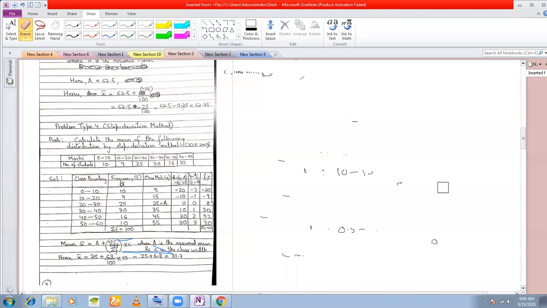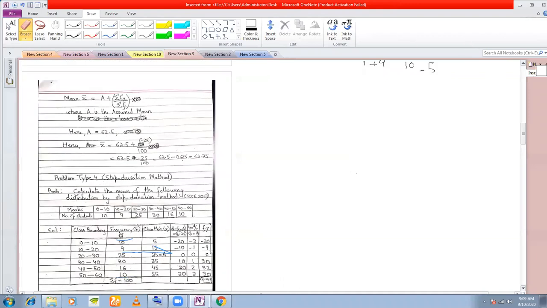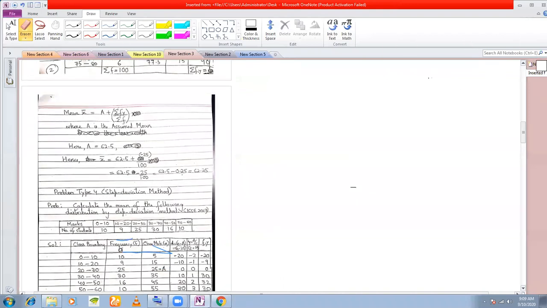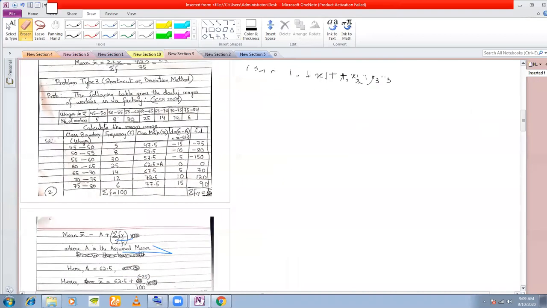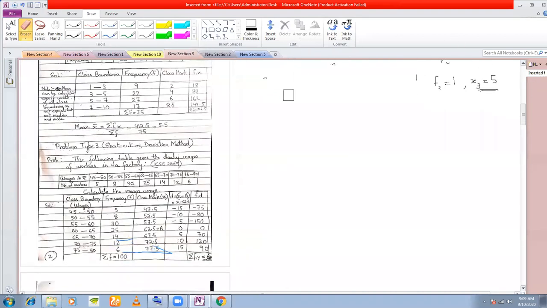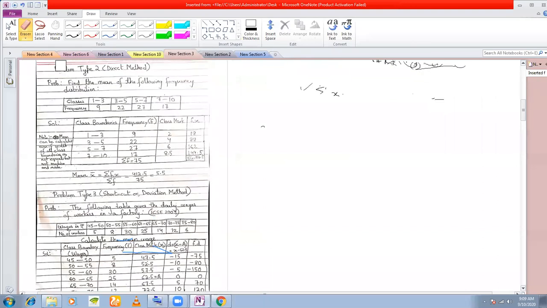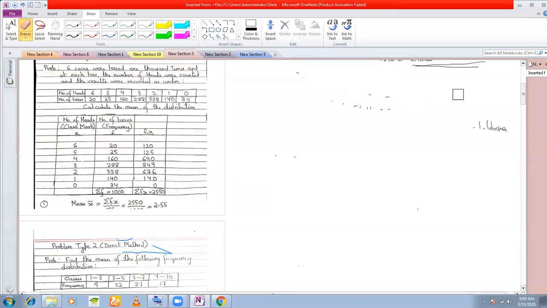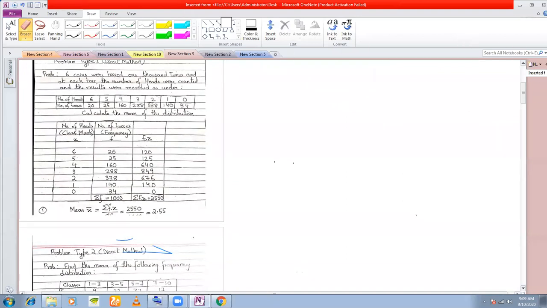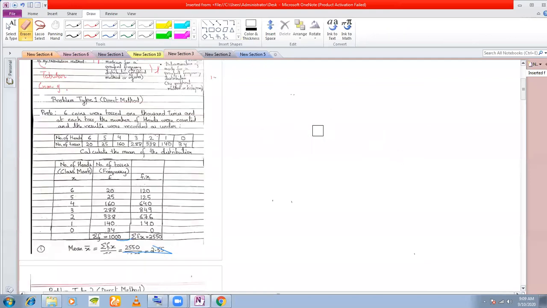Whatever sums I have given, if you do all these sums, it will be sufficient for you. And for practice, I'll give you some sums from the textbook. But they will all be of the same type, only the numbers will be changed. There will be no other variation in these sums. All the sums I have covered in these notes. You do these notes, you're done. But you also require practice, of course, so I'll give you some sums for practice also.